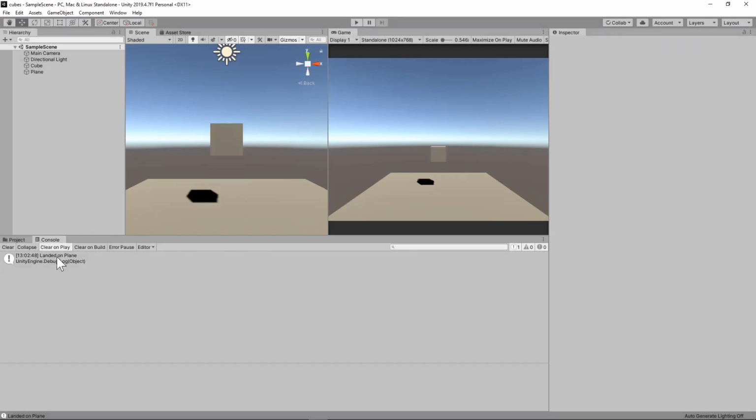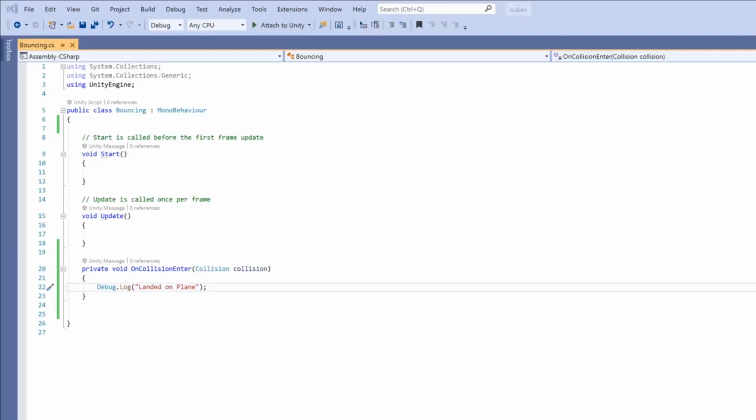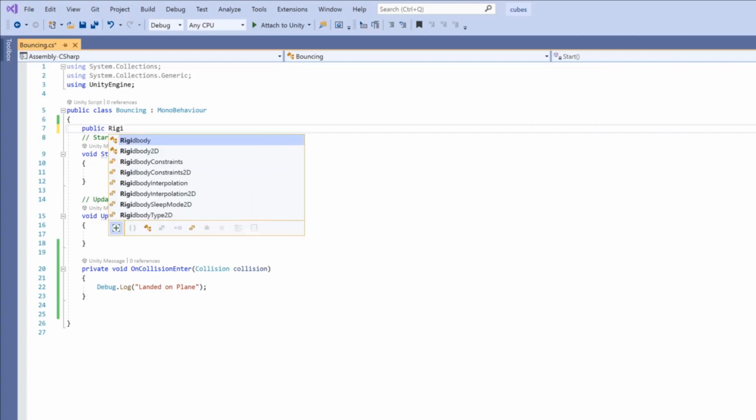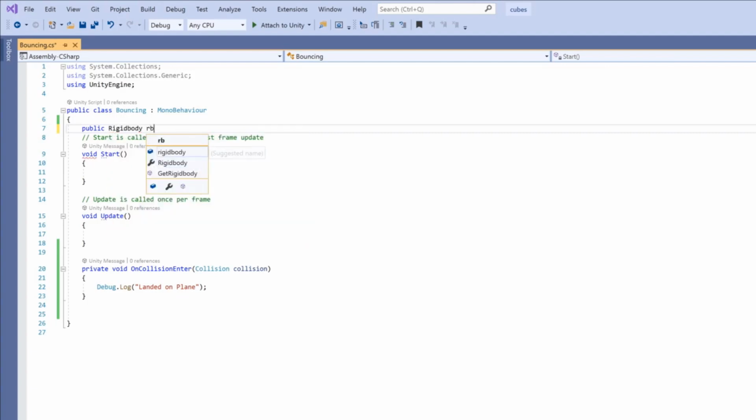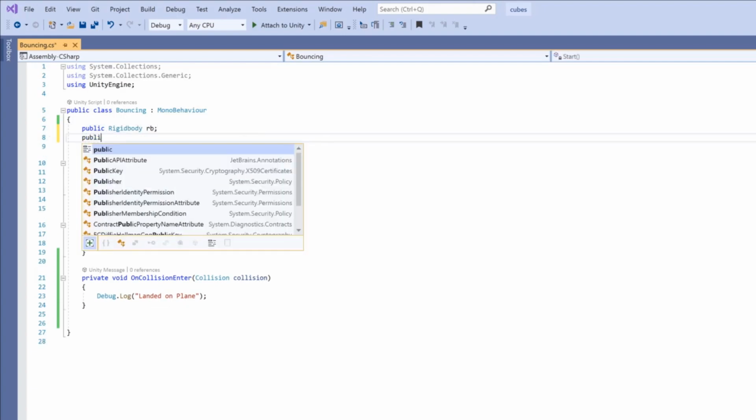So now I want to set it up so that the cube will bounce up whenever it collides with a plane. To start with that, let's create a public Rigidbody called RB. This will represent the rigid body that's attached to the same game object.